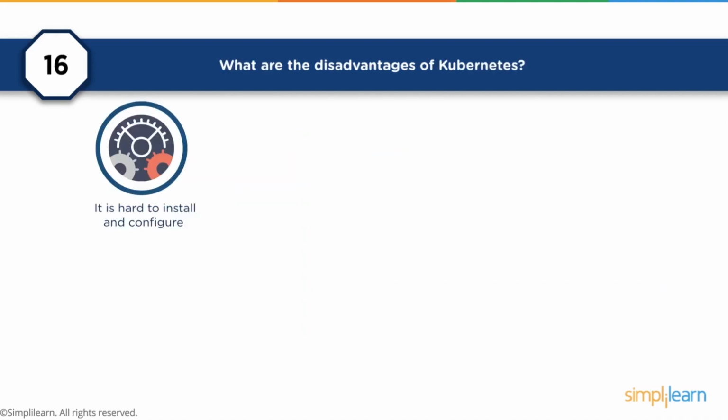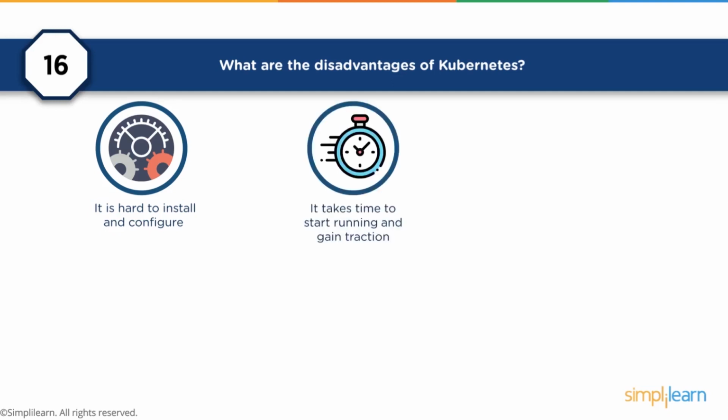So what are the disadvantages of Kubernetes? Well, the first is it's really hard to install and configure, and this is why Azure and many cloud services such as Google Cloud will actually do the installation and configuration of Kubernetes for you. It does take a long time to get up and running with Kubernetes, not so much for the actual software, but your own experience of being able to use Kubernetes.